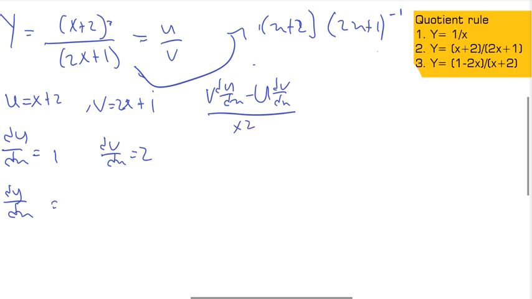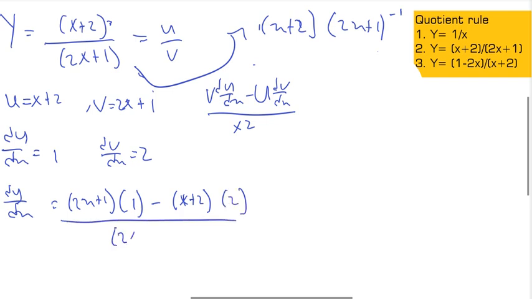So now the v is what? v is 2x plus 1. Then our du dx is 1. We have minus our u, which is x plus 2. Our dv dx is 2. Then everything over v squared, that will be 2x plus 1 squared. Right? So this is going to give us 2x plus 1 minus, here we're going to be having 2x plus 4 in brackets